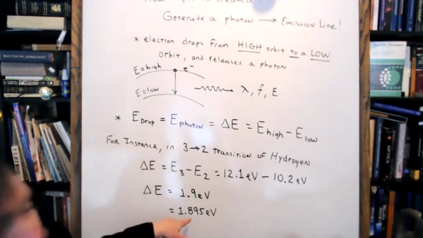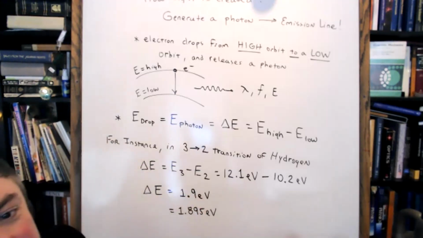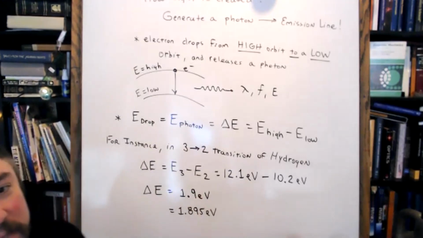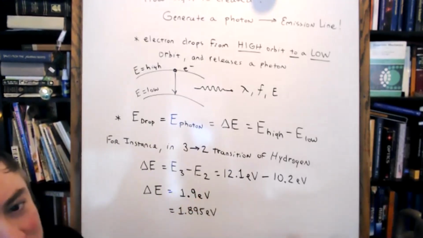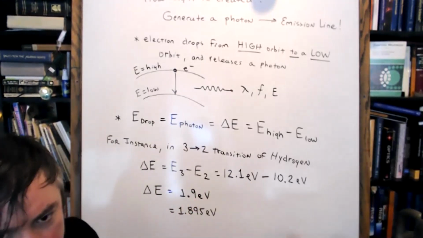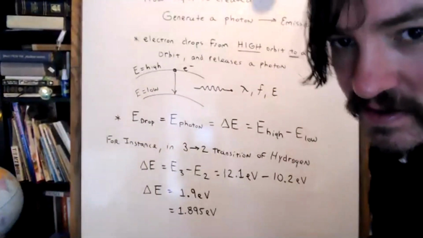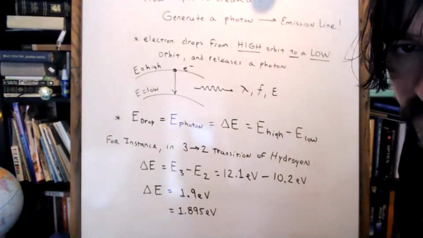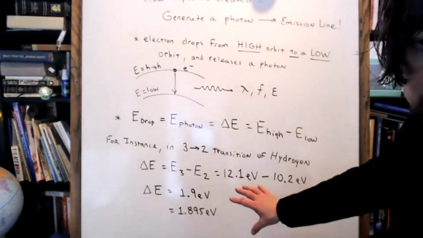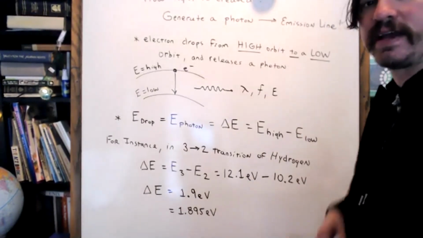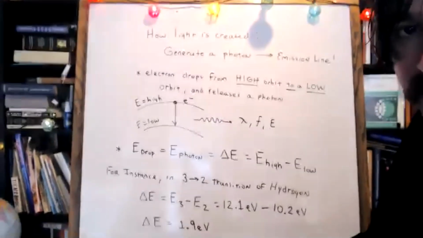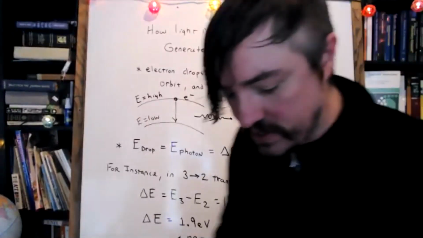Yeah, it's actually 1.895, but the number that I had there kind of rounded it up to 1.9. They only gave us 2 or 3 sig figs in that cartoon that I showed you. Okay, do you guys have that written down? I want you to hold on to that for a second. We're going to do a little in-class exercise, very similar to the type that we're going to have to do